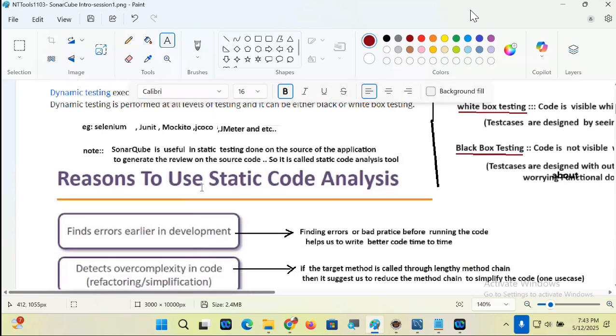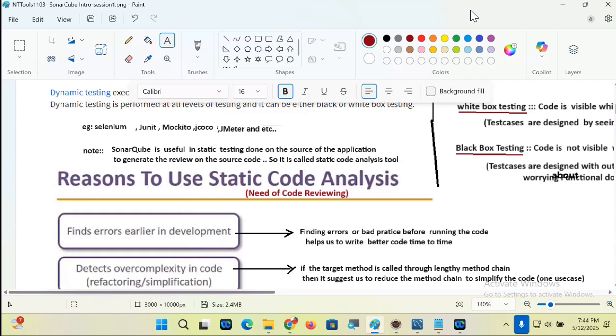Reasons to use static code analysis: nothing but code review. The need of code review. Static code analysis is a technical word, guys, but in simple words, it comes under code reviewing.